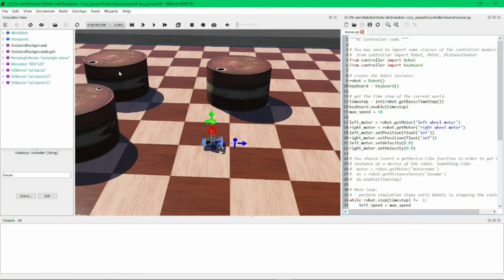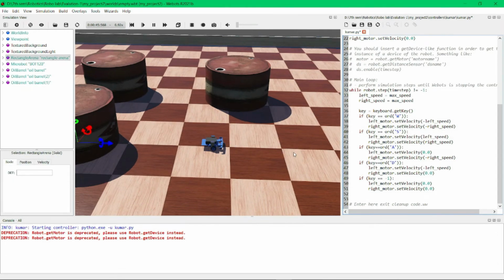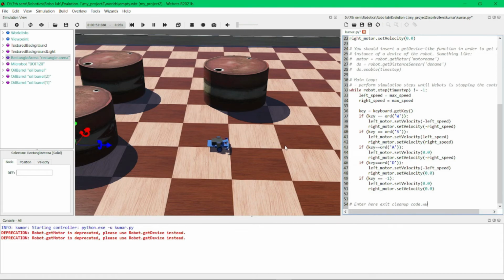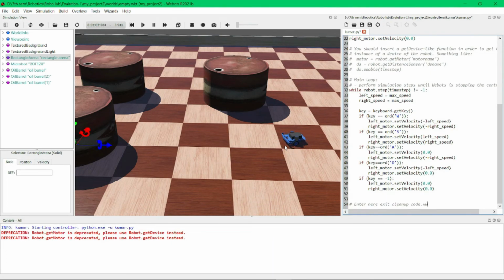And now we will try to run this project by clicking on this play button, and now I am trying to move this robot with the help of my keyboard. For that we need to click anywhere in the arena. I will click here. Now I will try to move the robot forward. Here you can see the robot is moving forward, and now I am rotating by clicking on the A button, and it is moving forward, and now I'm clicking on the right button, and now I will move backward.